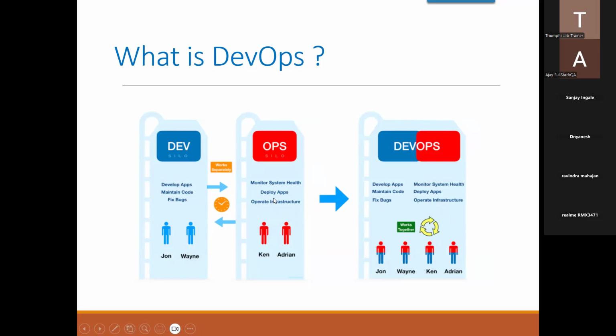And then what they did was merge the responsibilities and jobs of the developers and the operation team and created a DevOps team. So now this team is responsible for all the responsibilities which were part of the developer team as well as the operation team. So now you can see how a DevOps team comes. DevOps is an abbreviation made from the two words developers and operations. This way the DevOps team can be formed.